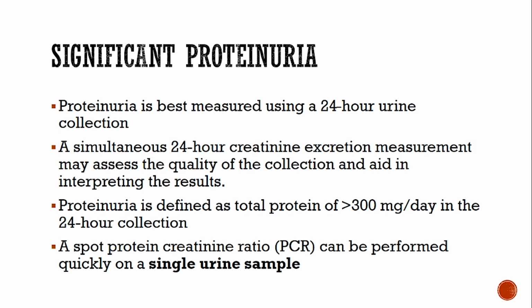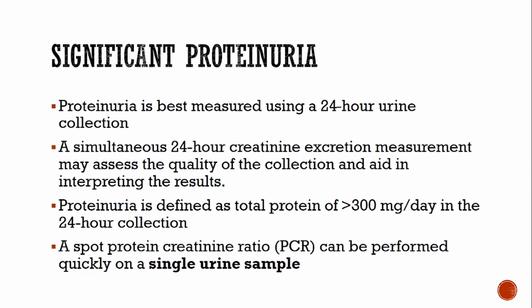This significant proteinuria has a definition. It can be either qualitative or quantitative. For the qualitative, we are looking at measuring it based on dipstick, and for the quantitative, we are looking at the 24-hour profiling or the use of spot urine to measure protein in urine. Now, the 24-hour measurement of proteinuria remains the standard of estimation of protein in urine. So proteinuria is defined as total protein collection greater than 300 milligrams per day in